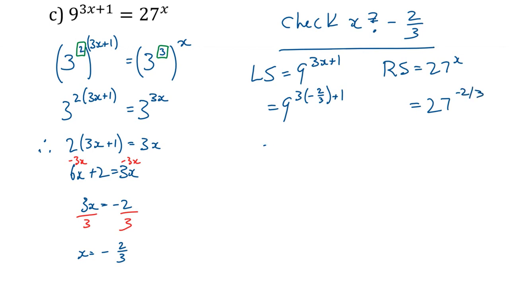And on this side, on the left side, 3 divided by 3 is gone again, so this becomes negative 2 plus 1. Okay, again, you could use a calculator to do that, but 3 times negative 2/3 gives me negative 2,